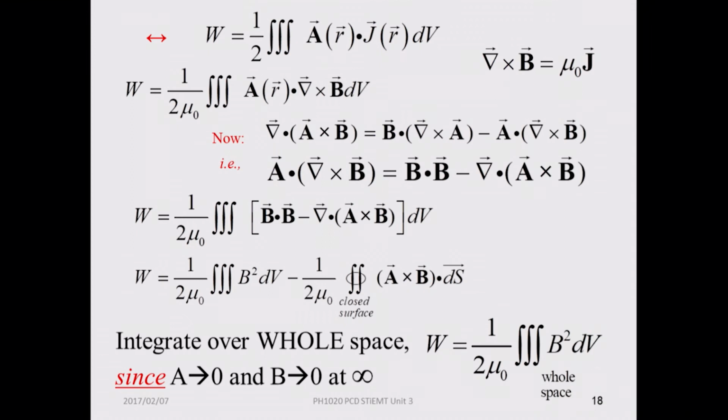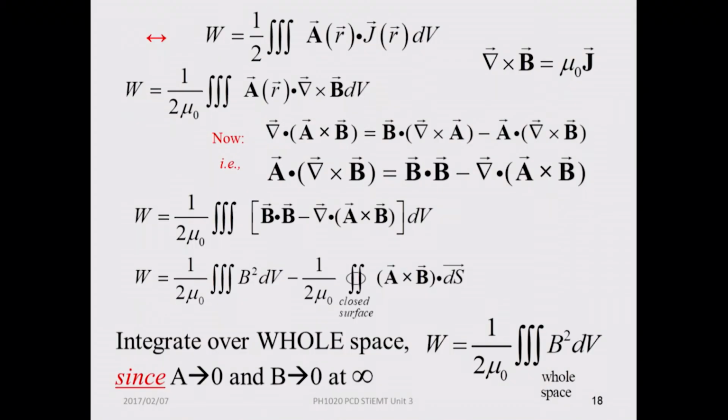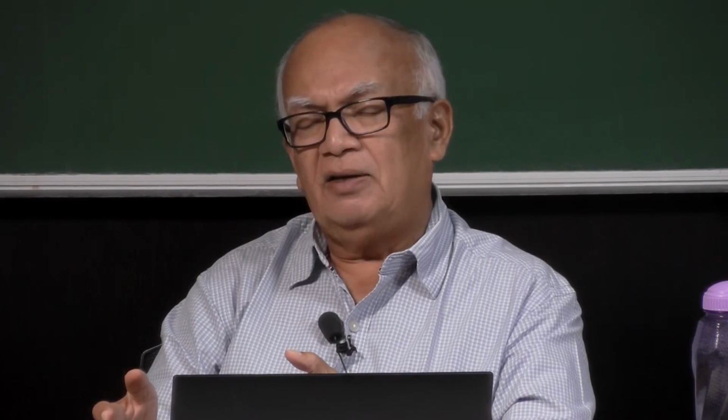Okay. And if you now integrate over the whole space, since A and B both go to 0 in the asymptotic region, and at a collective rate which is faster than the rate at which the surface element is growing, which also grows as r square, together this overcompensates that. So, the net work done, which is the energy stored, that is the amount of work that you have done, and where will this work done go? It will go as the energy stored,